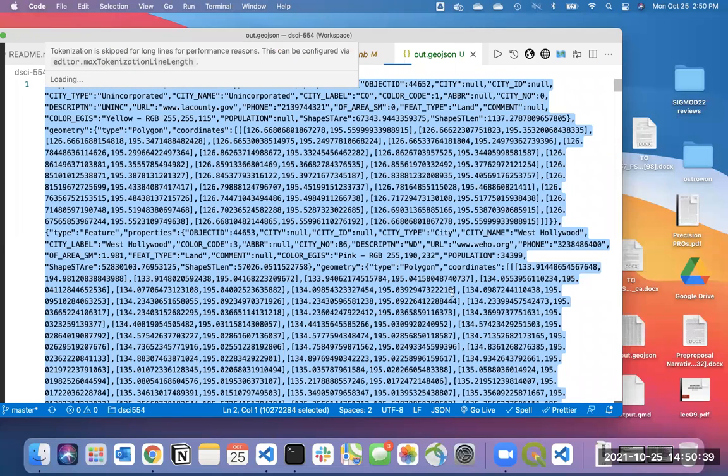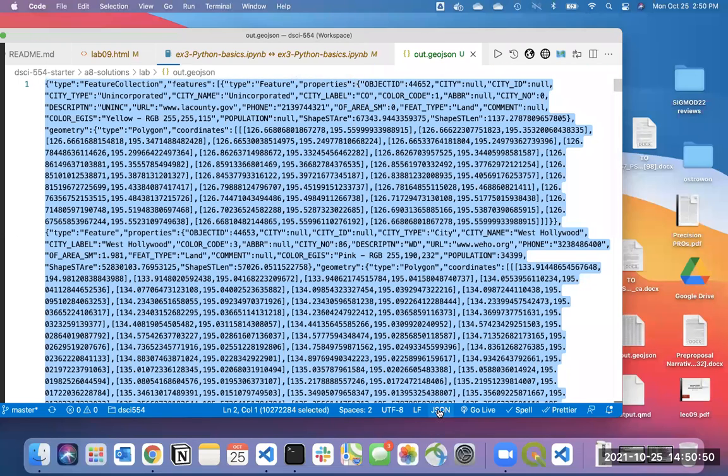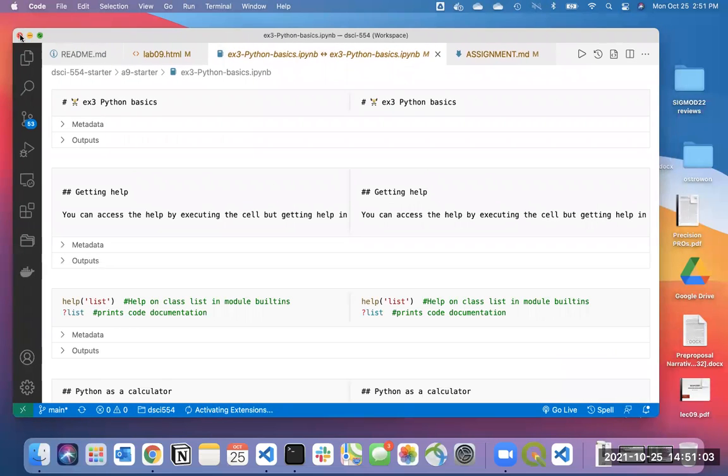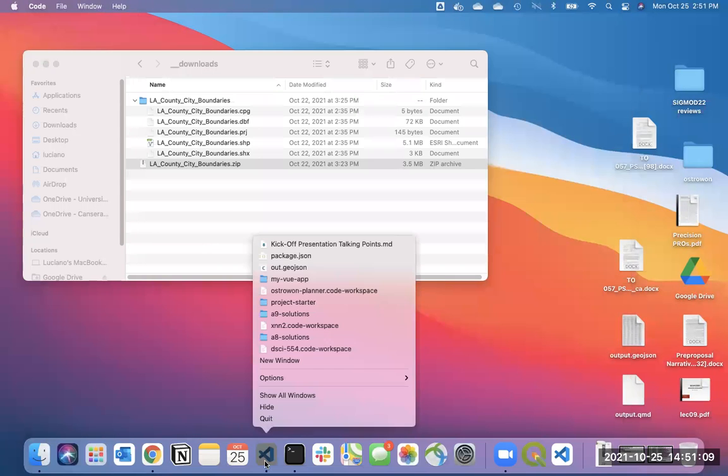Normally, Visual Studio Code recognizes the extension as being JSON. At least that is what it says here. So I think it's formatting, but it's taking a long time, so maybe not a good idea to do this. So let me instead reopen the